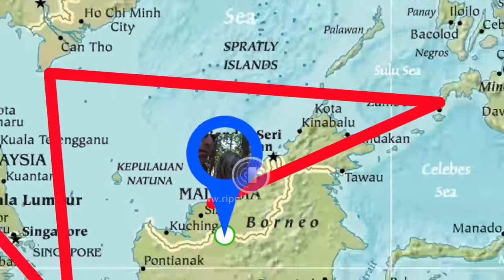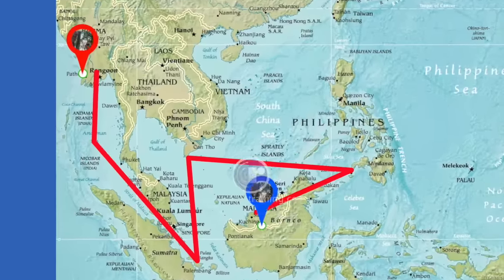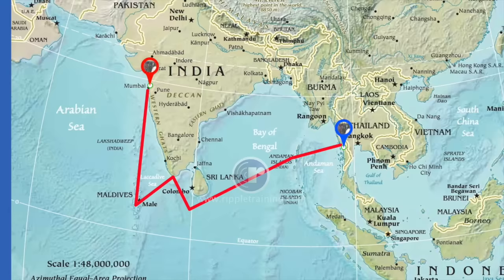up to Darwin, across the top to Darwin, then into Indonesia. Papua New Guinea on the way there. Little stop in the Philippines. I may stay there for a while. Definitely going to stay in Thailand for a while. Then we pop out into the Indian Ocean. We're going to go to the Andaman Islands. Then we're going to go to the Maldives, Sri Lanka, India,